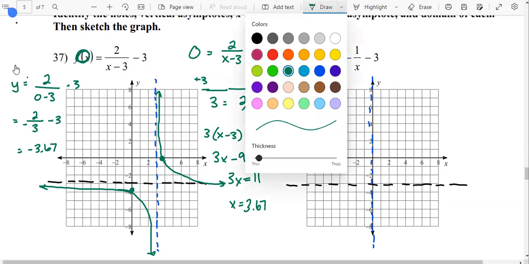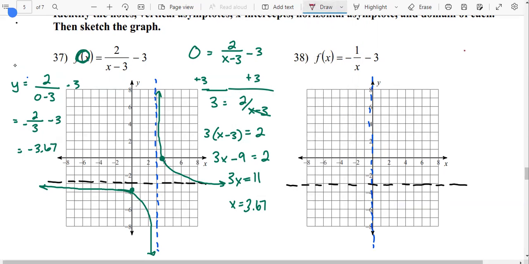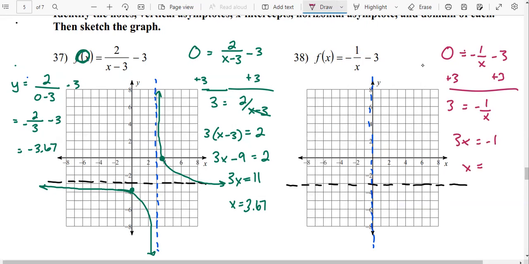Let's do this for 38 as well. So I'm going to find out what the x-intercept is. I'll add 3 to both sides again. 3 is -1 over x. That means 3x is -1. That means x is -1/3. -1/3 is where it crosses